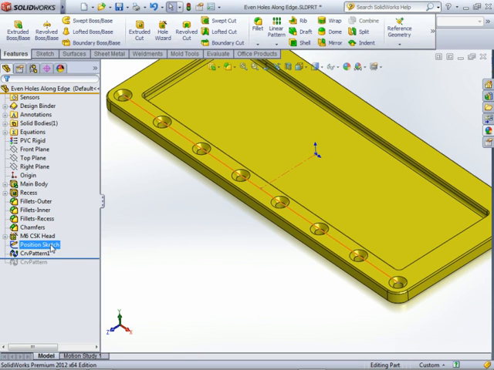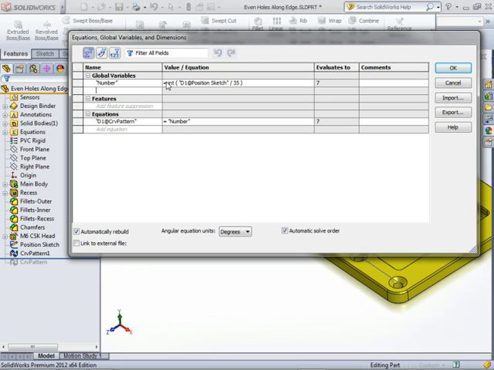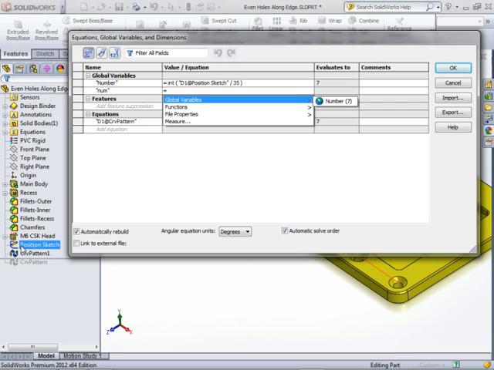On that sketch we can see there's a little dimension here, and I want to take that dimension and divide it by a number to give me an approximate spacing for a hole. So I'm going to use an equation to do that. If we go up to our tools and we go to equation, first thing I'm going to do is set up a global variable. I've already created one, but just to show you how that works, I'm going to create a global variable called number, and I want that to equal something, and the thing I want it to equal basically is that